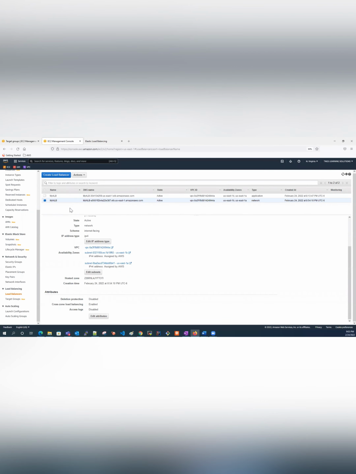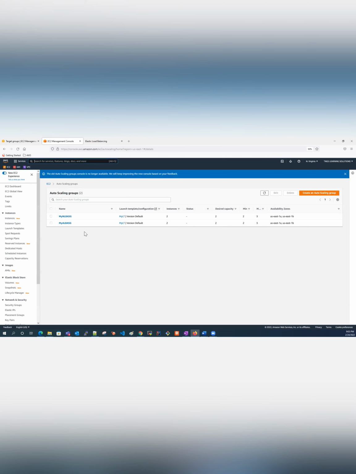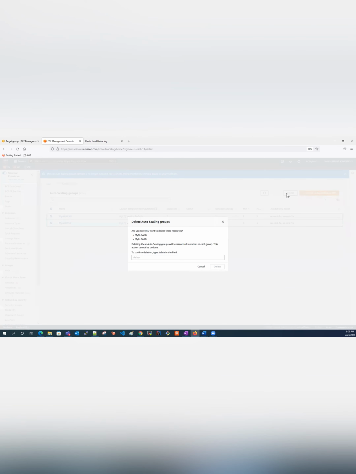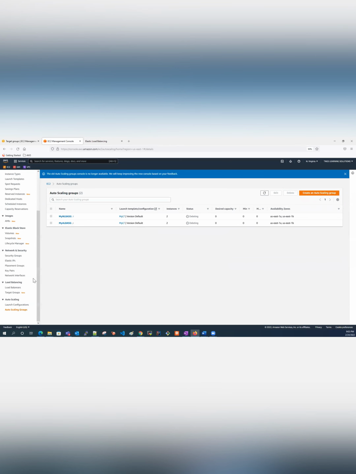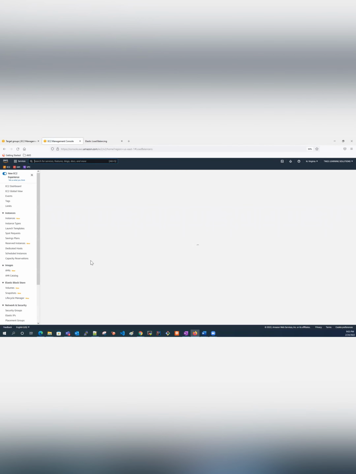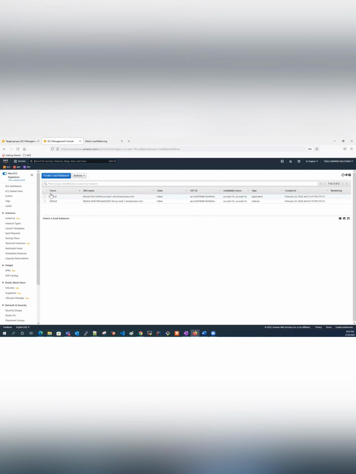All right. So we have come to the end of class, and to get rid of these, know that when you delete your auto scaling group, it's going to take a while to delete. So you can select each one, or select both of them together and click on delete. You don't need to go and delete your instances separately. It's going to take a while to delete, so if it takes a while, don't feel like it's not deleting. Okay. It's good. It needs to deregister these targets from the